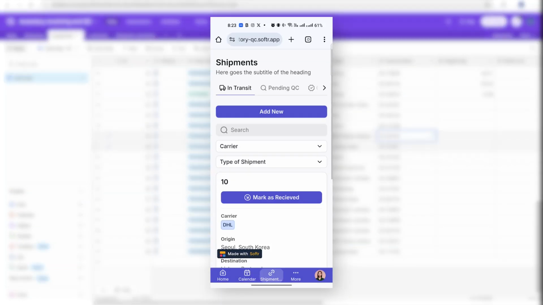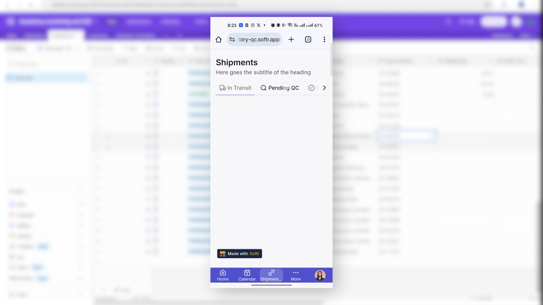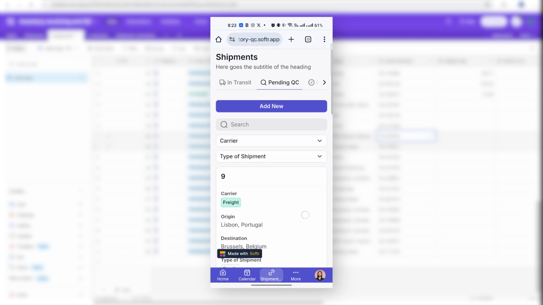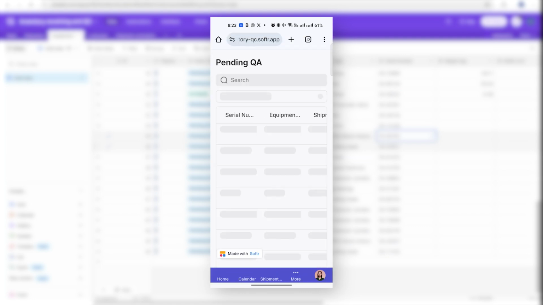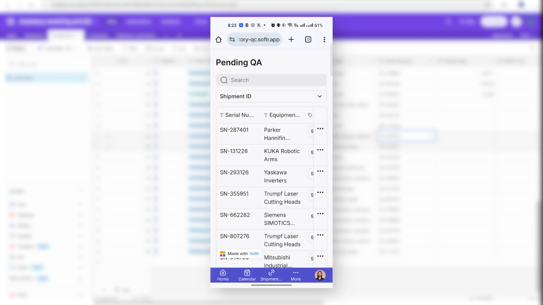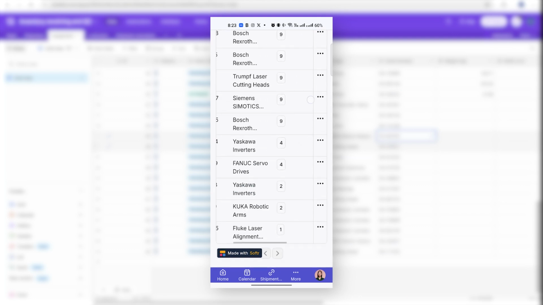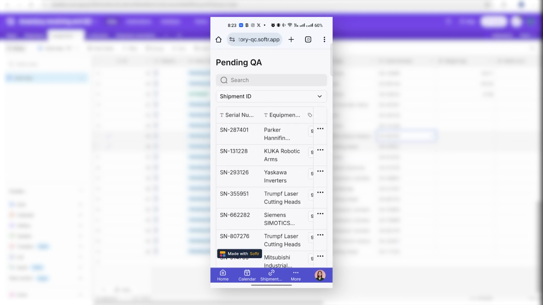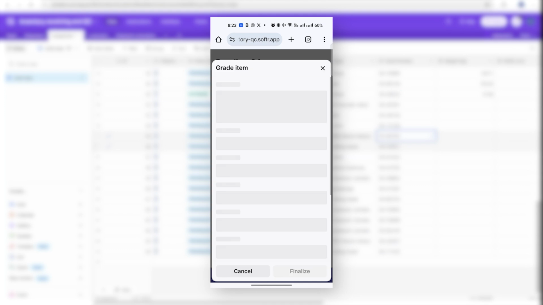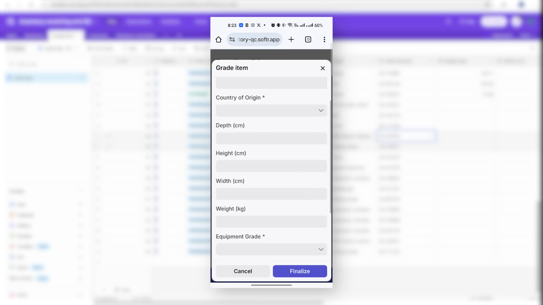So here, the shipment is already gone from the list. You can see that it has moved into pending QC. So now we will move over to the equipment. And now on our list, you see that we have the shipment number 9 that has been added to our QC list. So here we could go basically item by item, and we could add the grading for this specific